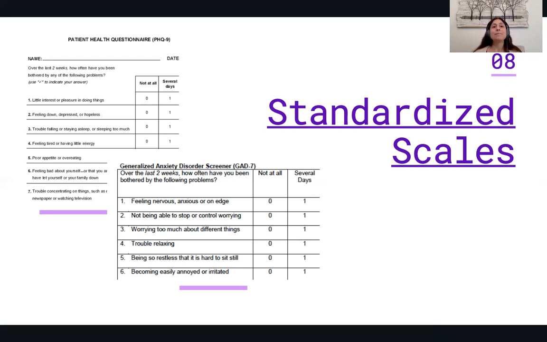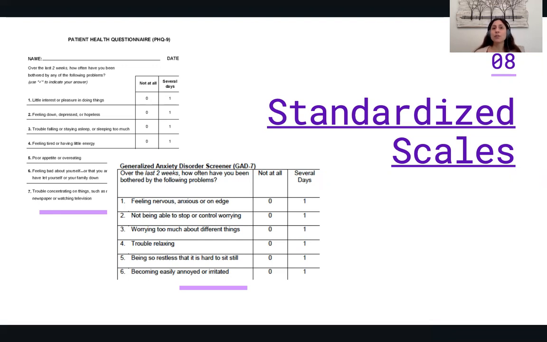Okay. Another example is here at the bottom, the generalized anxiety disorder, the GAD-7. As you may have guessed, 7 questions assessing anxiety. So these are typically administered at specific times of the therapeutic relationship, usually at intake, midpoint, and termination. But in some cases, you'll use them on a weekly basis to track symptoms as long as they're not long. Like these would be appropriate to do weekly, but if you're looking at a longer scale, usually the ones that